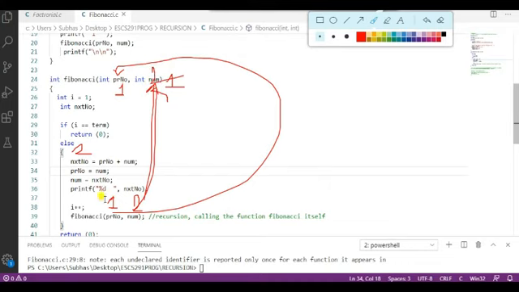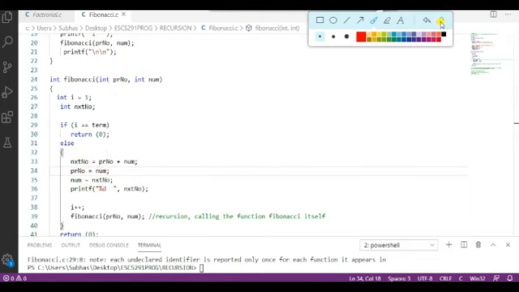So 1 plus 2, I will get the new value 3. Next number is 3, so num equals 3, and the previous number will be changed to 2. Then again it will call with pr_number 2 and num equal to 3.